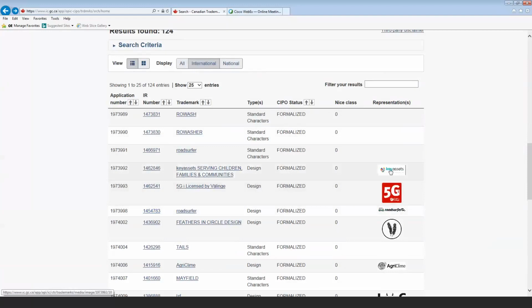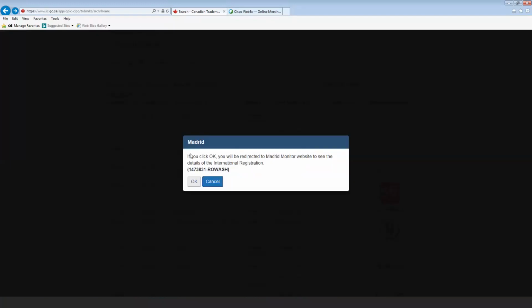Here I have, obviously, if it's submitted in color, the design or representation will be viewable in color as well. If I click on international registration number, it'll tell me you'll be redirected to the Madrid Monitor website to see the details of the international registration, okay? So if I click OK,